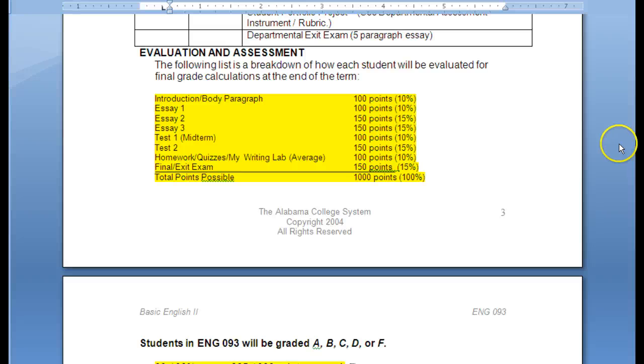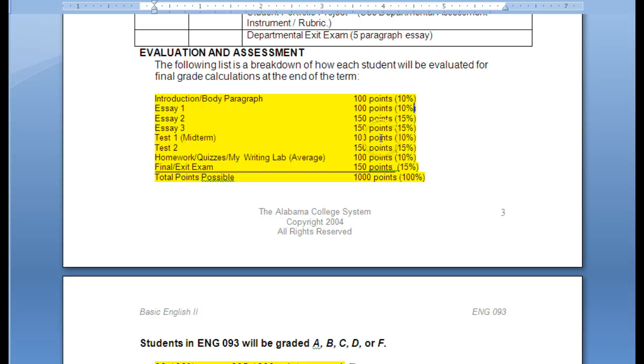This is a breakdown of where your grade comes from. It's on the bottom of page 3, and I need you to acquaint yourself with it very carefully. You can see that our major assignments are the body paragraph, essays 1, 2, and 3, and that those all together comprise 10, 20, and 30, so that's 50% of your grade right there. If you miss any one of these, that lowers your grade by a letter grade. In other words, if you were earning A's, now you're getting B's. If you were earning B's, now you're getting C's. And if you were earning C's, I'll see you again next semester.